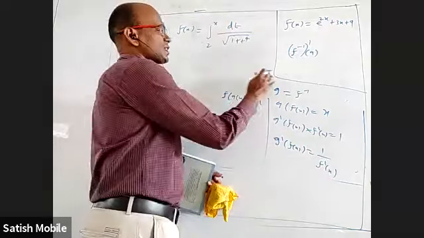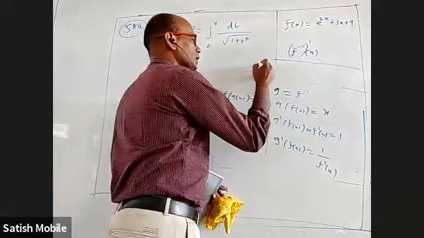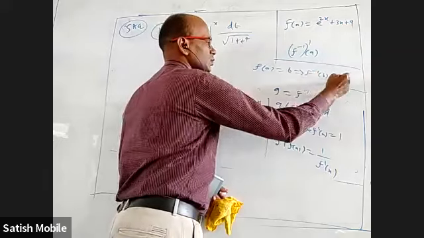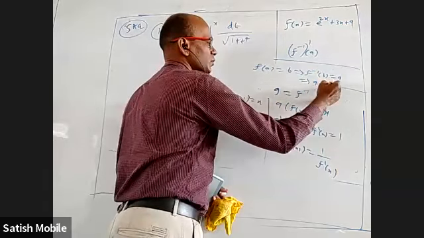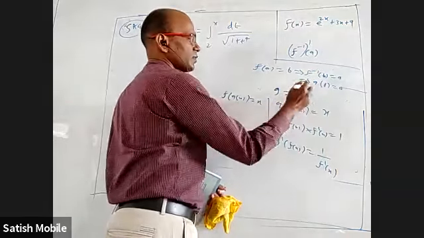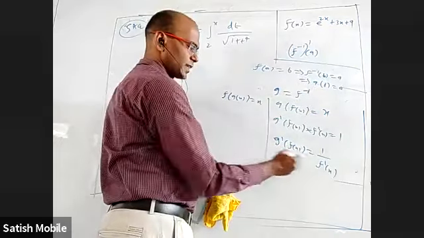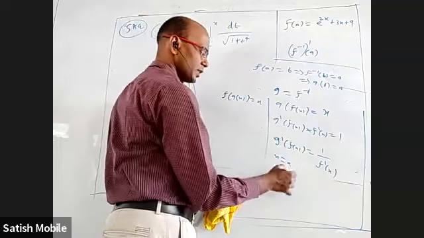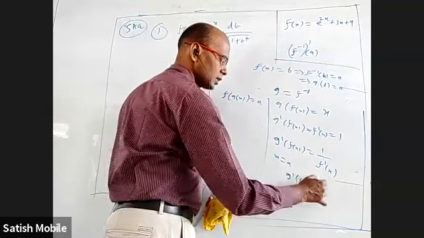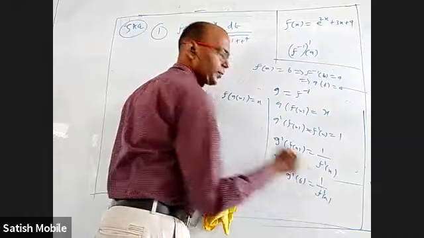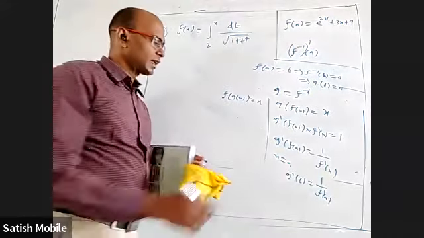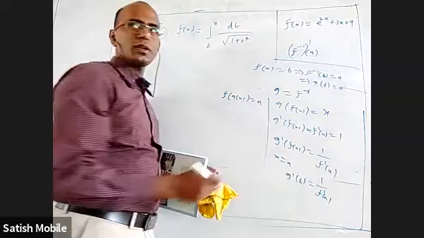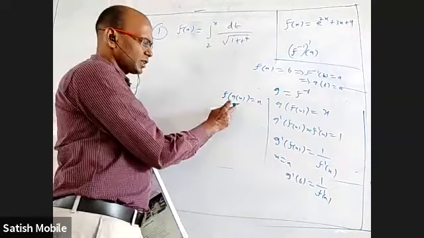Now I said that f of a equal to b implies f inverse of b is equal to a. That also means g of b equal to a because g is f inverse. So if you put x equal to a in this equation, what will come? f of a will come, which is b. So g dash of b is 1 by f dash of a. The derivative of the inverse function at b is the same as the reciprocal of the original function's derivative at a.